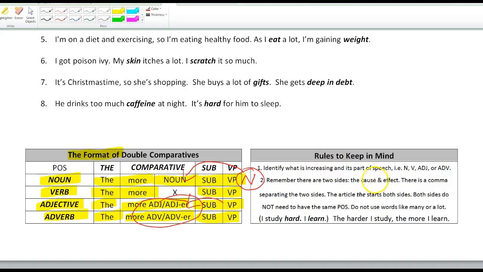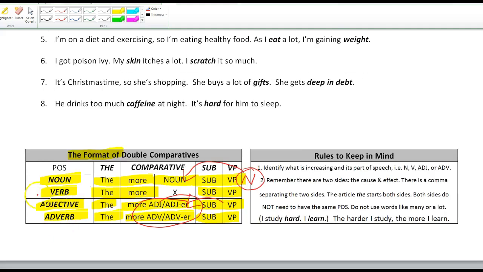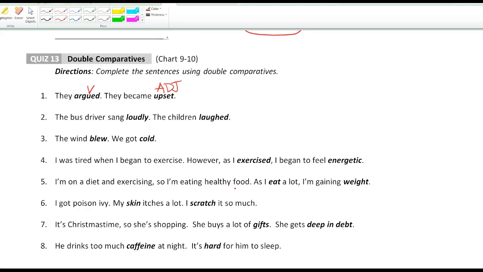Okay, let's go ahead and start. Okay, so we have argued. They argued. Argued is increasing, and that's a verb. They became upset. Upset is increasing, and that is an adjective. Okay, so we need the verb format. That's the, more, subject, verb. So let's go ahead and do that. So that's going to be the more. Subject, they. The more they argued,